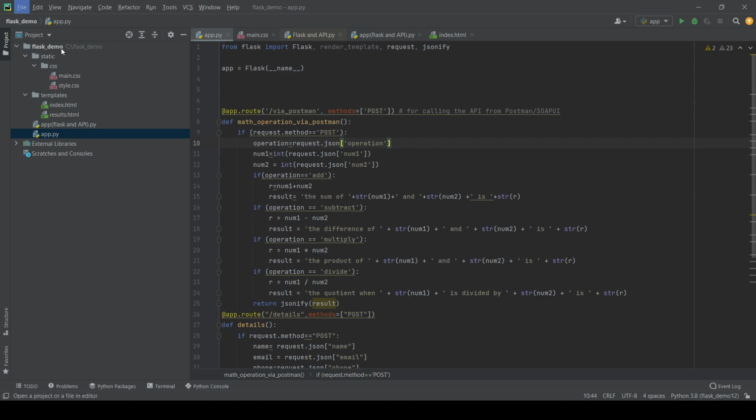Go to File and then go to Settings. There you will see your project name. My project name is class demo. Select your project, click on it, and then Python Interpreter. Since you need a Python interpreter to run your Python program, you have to select this.